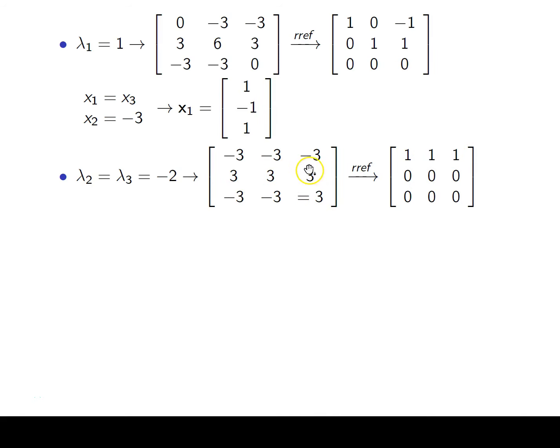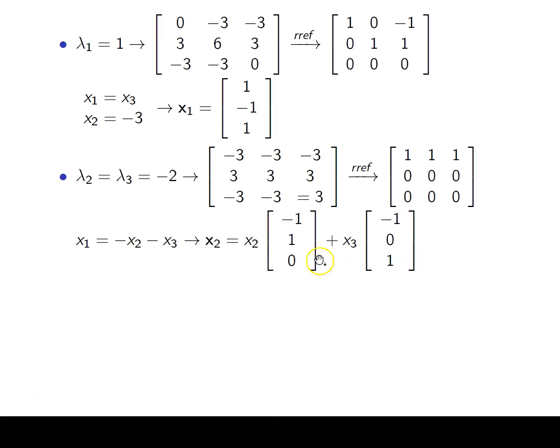And if you notice, I didn't even have to use my calculator for that. These are all negatives, these are all positives, these are all negatives. So these two rows just go away, and I can divide this by negative 3. Very straightforward, right? But that means I have two free variables. x2 and x3 both move over. So x1 is negative x2 minus x3, right? So if I write that out,